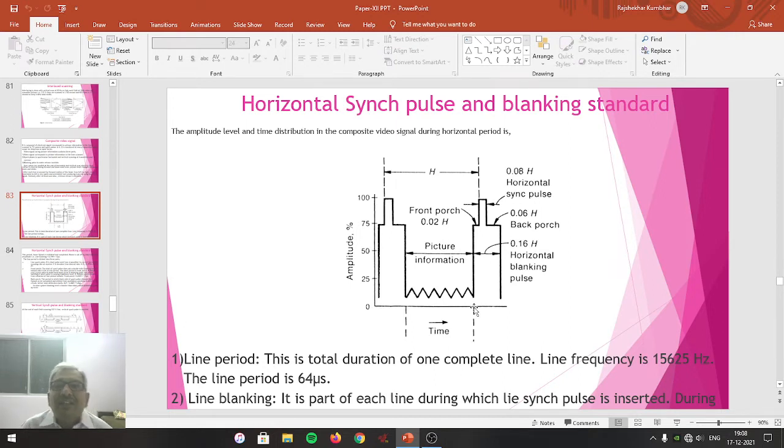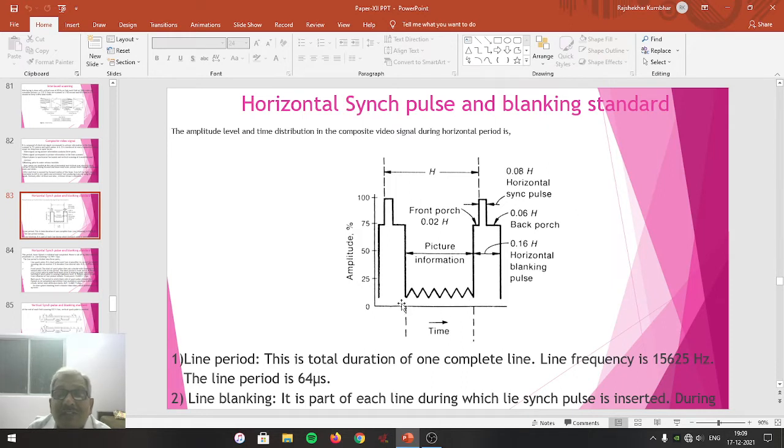One line trace is going to be completed, including the trace as well as the retrace, which includes the retrace period represented by this particular pulse, that is the flyback pulse, or it is called the blanking pulse. Whatever is represented here forms the picture information. So this is the trace period, whereas this one is the retrace period. Or even this is also a retrace period, whereas this one is the next trace period.